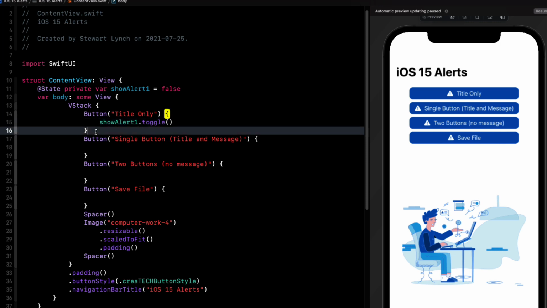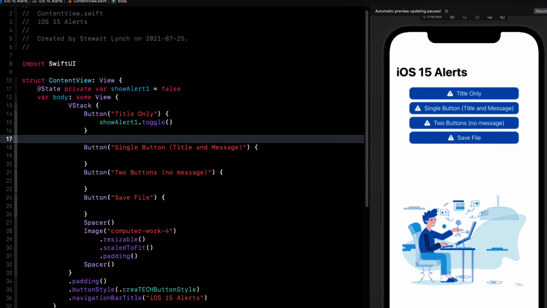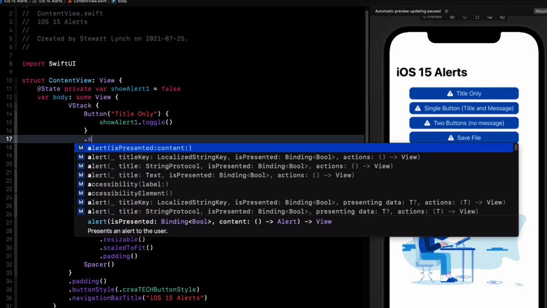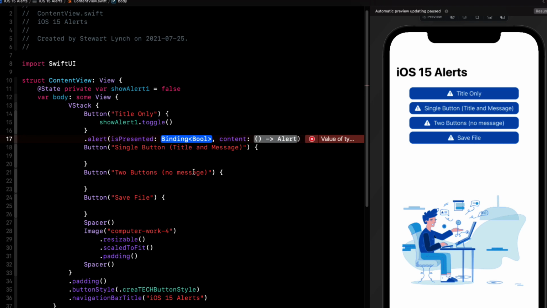To create an alert instance, then, we can attach the alert method to our button, or any other view for that matter, in this struct. But it makes sense to keep it close to the action, so I'm going to do it there. Now, as a start, I'll type period alert, and then I'm presented with the older versions of the alert, including the new ones. Now, if I choose one of the older versions and option click on this,